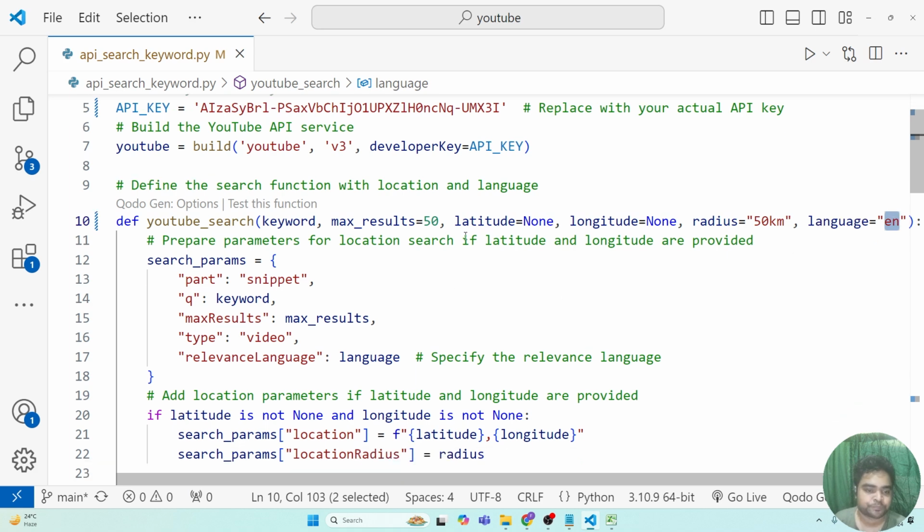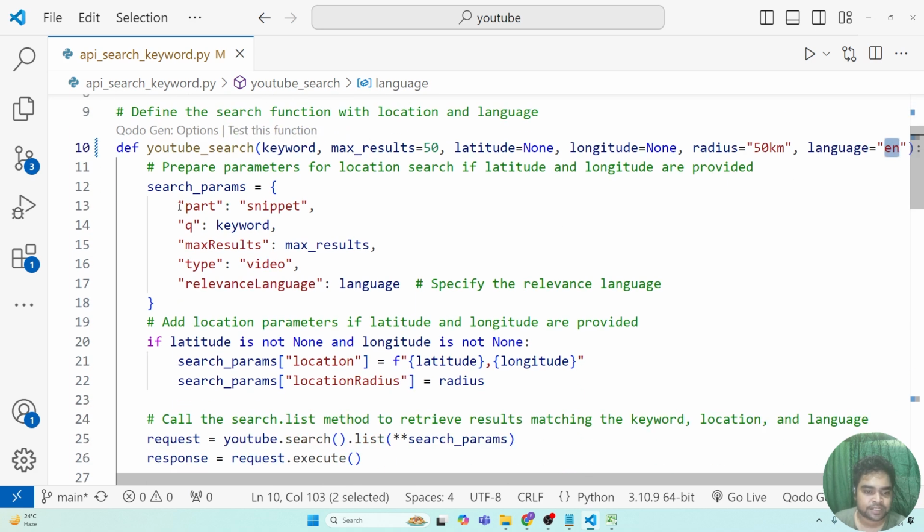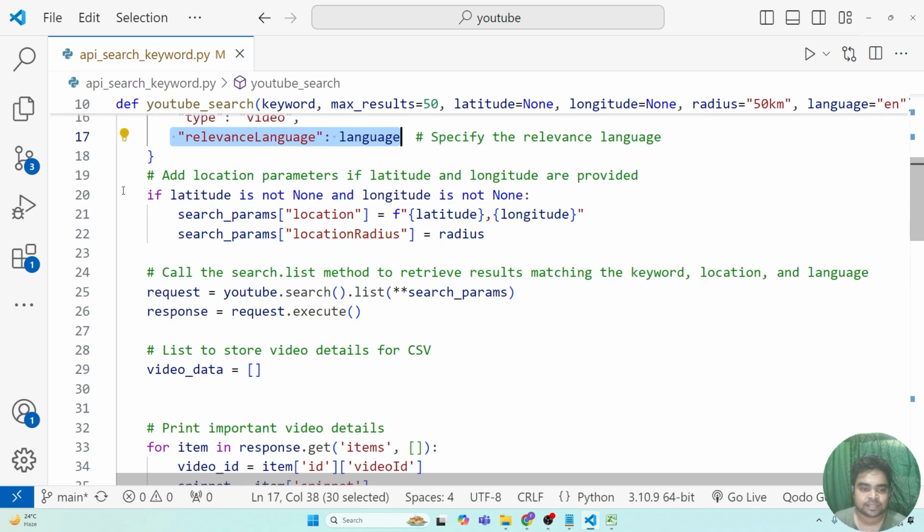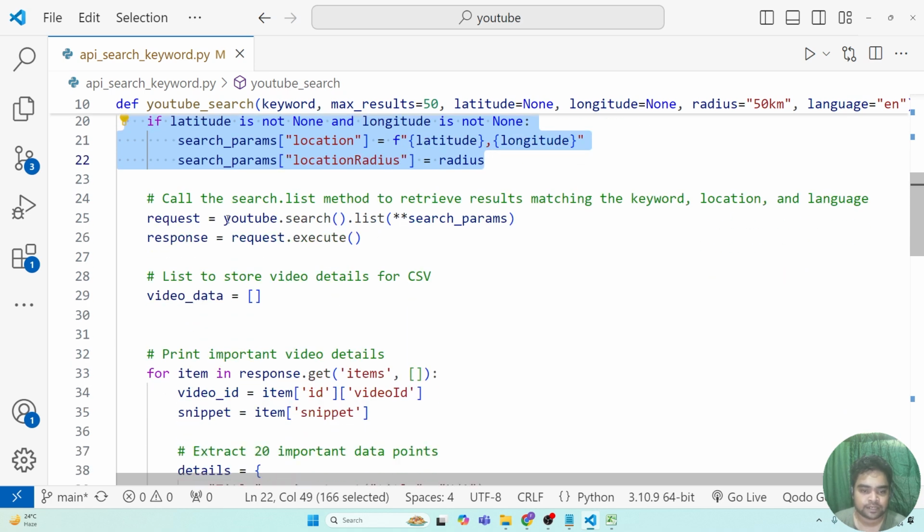Okay, that's it. And this is our search parameter. By default the part will be snippet. Here we are passing all our parameters: keyword, max result, type video, relevance, and language. Here we are specifying our language. Okay, and then this is the latitude and longitude of the location. And then here is the most important part,